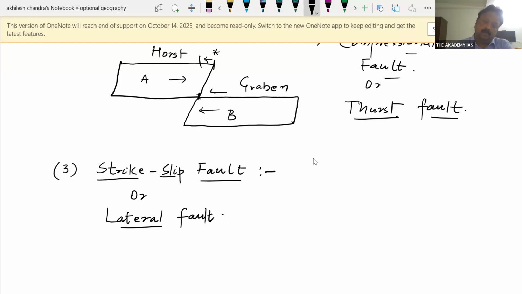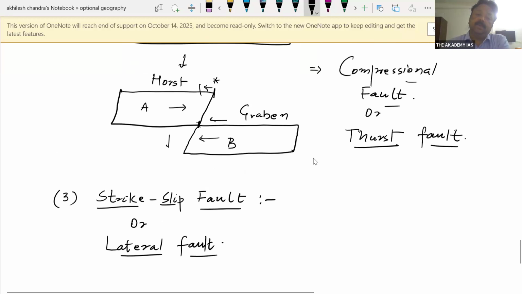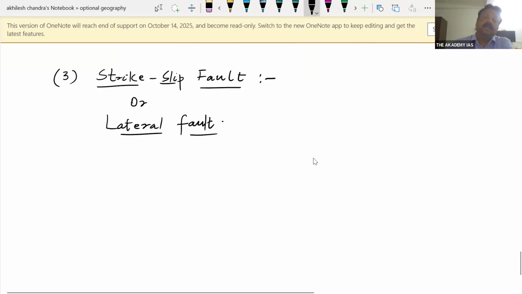So when there is horizontal movement, you will find that there is a vertical upward and downward movement in this case. Suppose that here a downward movement has taken place, it may be an upward movement also. So here vertical movement is taking place along the fault line, but along the fault line, there is horizontal movement